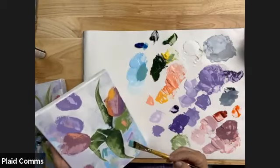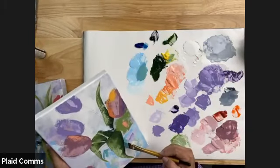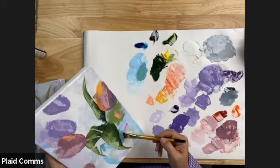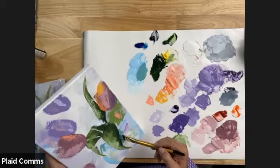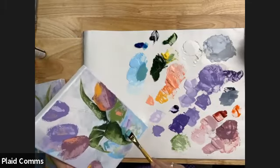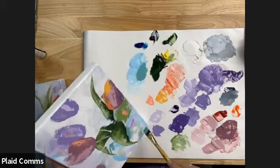So we're going to come over here to this side of the leaf, and I'm going to just place some of this darker aqua right next to the leaf shape. And I can cut in and I could change the shape of that leaf if I want to make that leaf have like a little jaggedy shape to it that gives it a little bit more interest to it. See that zigzag that's there now? And then I'm just going to pull that color down a little bit, not filling in all of this area,